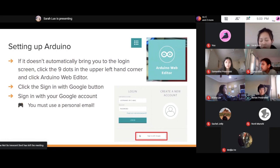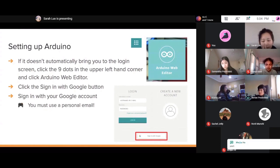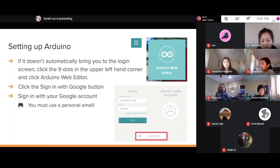Oh, that's good. The port's showing for you now. Oh yeah, it is 5. I think we probably can't get to the blinking, but we'll try and get more of the...